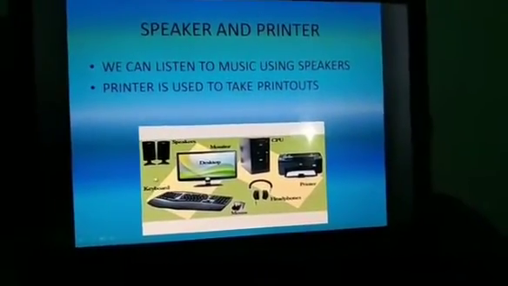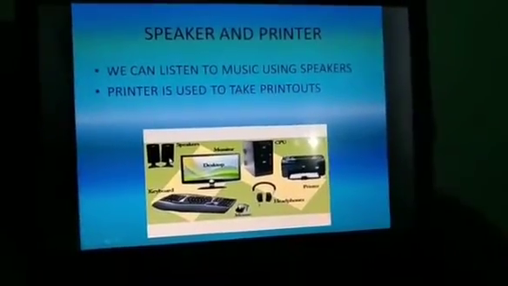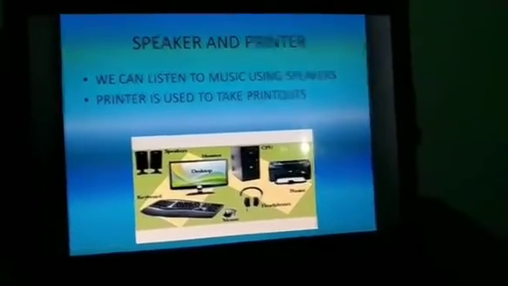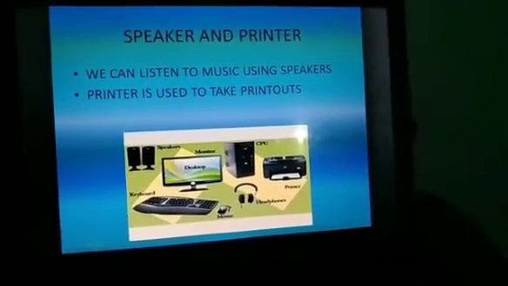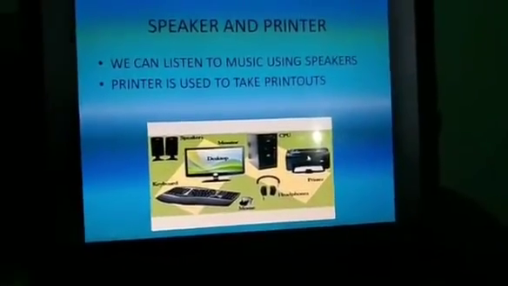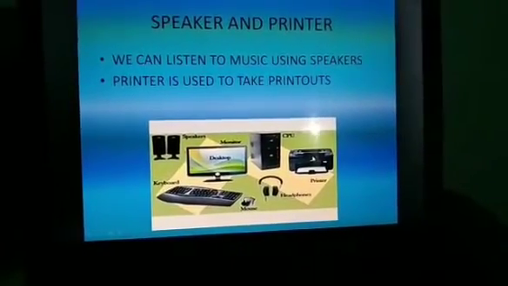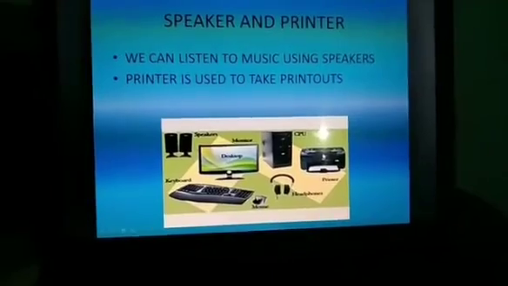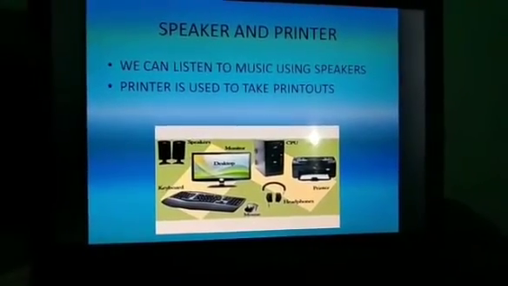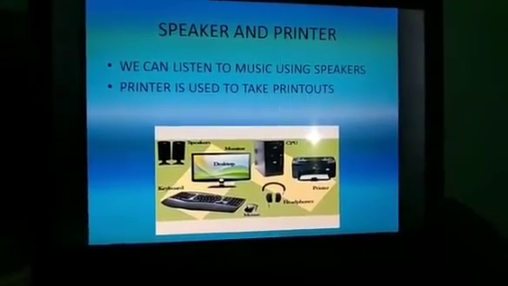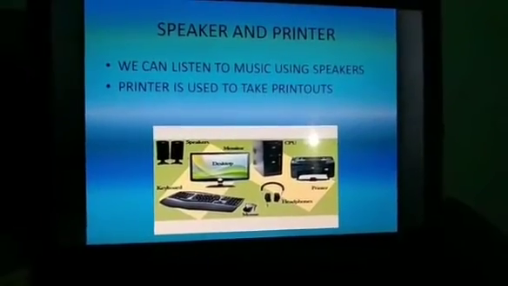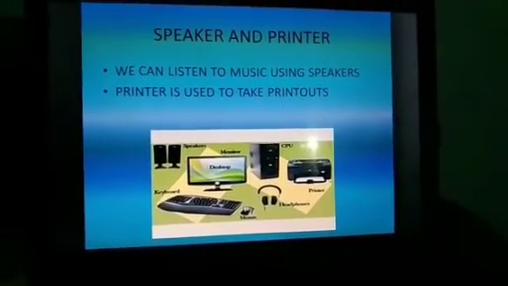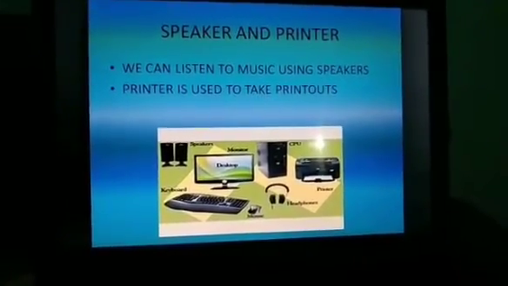And we have speakers through which we can listen to music, and printers through which we are able to take printouts. Whatever is available on the computer can be printed on paper. Understood, children? This is about module 4 and module 5.